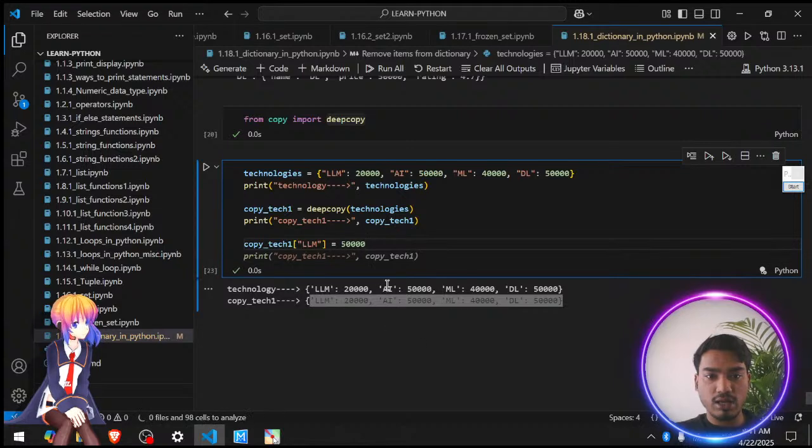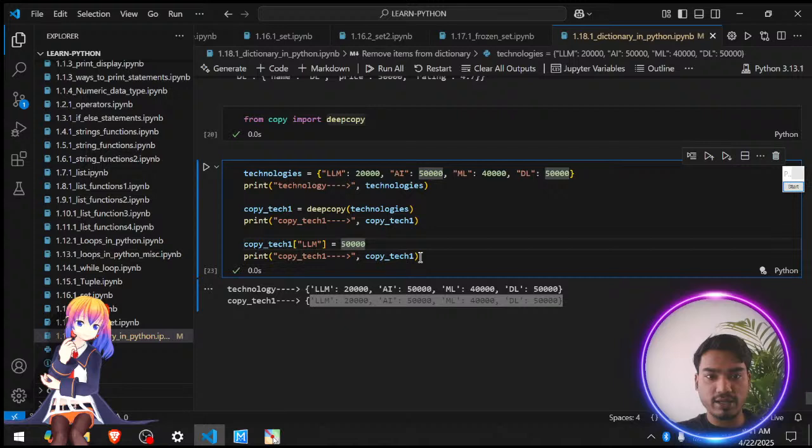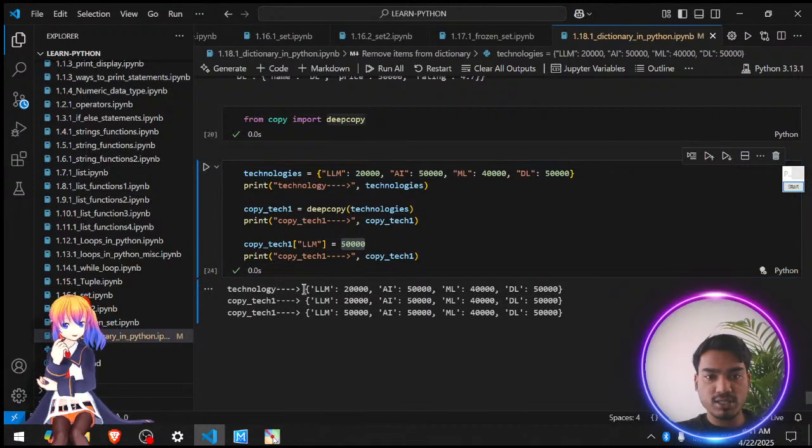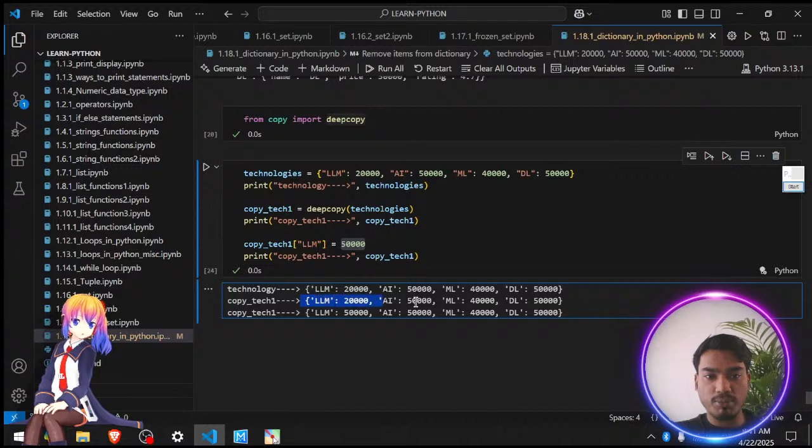so LLM को now I have ये कर दिया। ठीक है, चेंज कर दिया 50,000 को। तो इफ यू सी, इसमें ये पहले टेक्नोलॉजी ऐसा था, उसके बाद कॉपी ऐसा हुआ, और उस कॉपी में जो चेंज किए थे वो कॉपी का चेंज भी हुआ है, बट टेक्नोलॉजीज को कुछ नहीं हुआ। ठीक है, टेक्नोलॉजीज को कुछ नहीं हुआ।